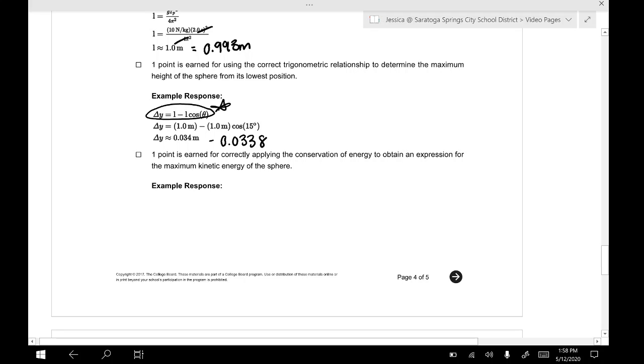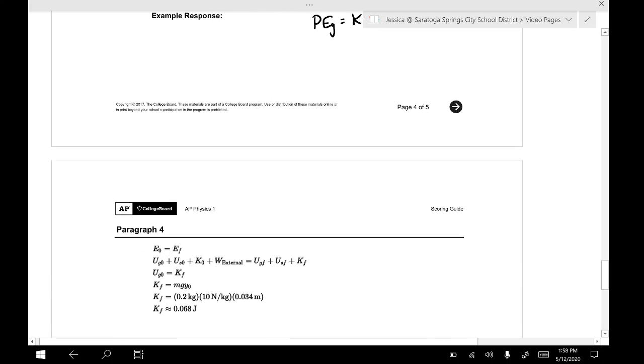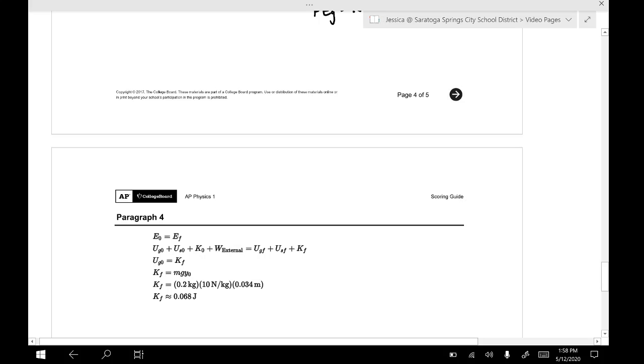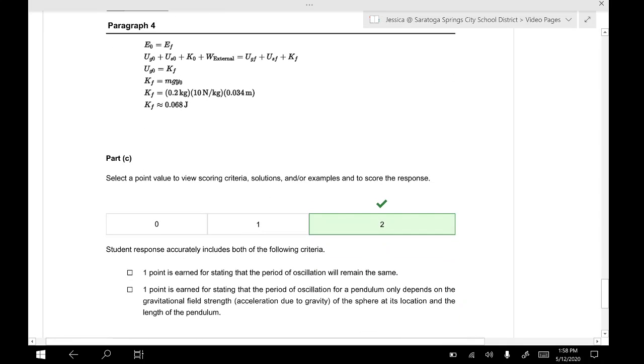And use that to calculate the maximum kinetic energy, because we know gravitational potential energy converts to kinetic energy. Okay, so that's what they do here. So they do 0.2 times 10 times 0.034, so 0.2 times 9.8. Yeah, and we get about 0.06